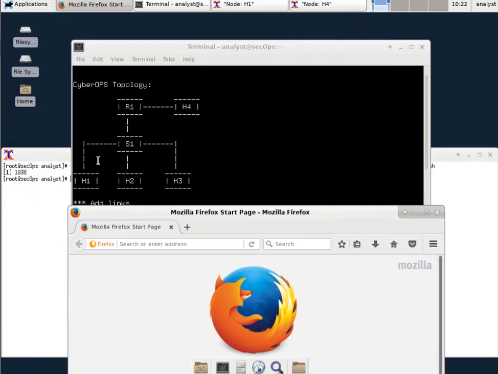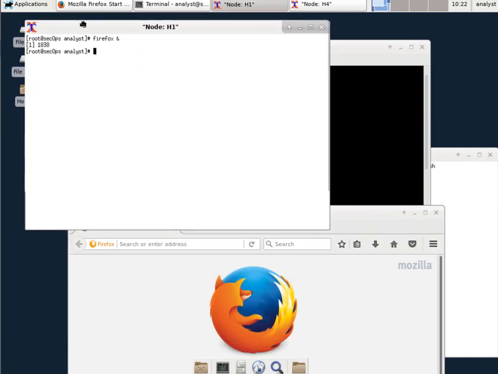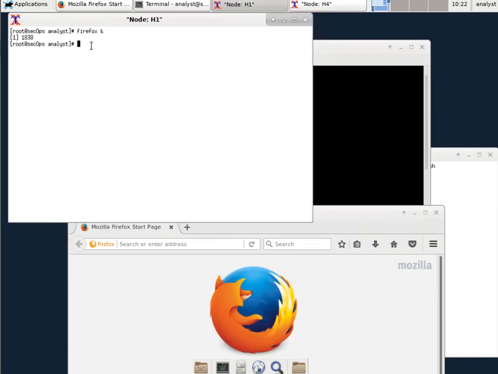So we're just going to move this down here. We'll move H1 up. And let's start our tcpdump to capture our packets. So tcpdump space -i space h1-eth0, that's the interface we're capturing on, space -v so we can watch it,